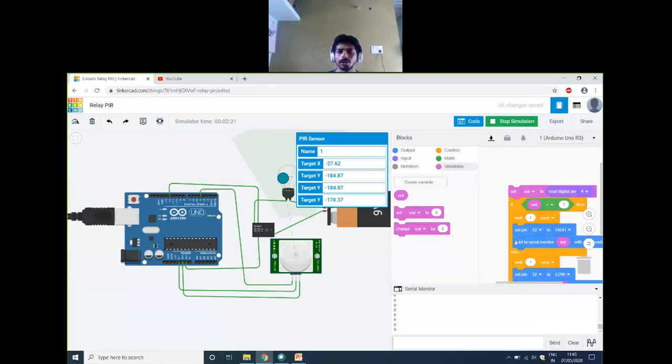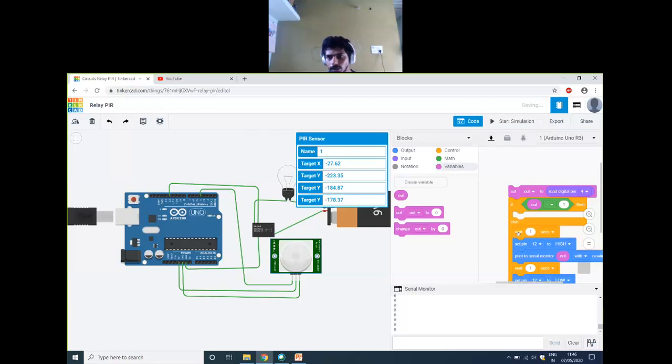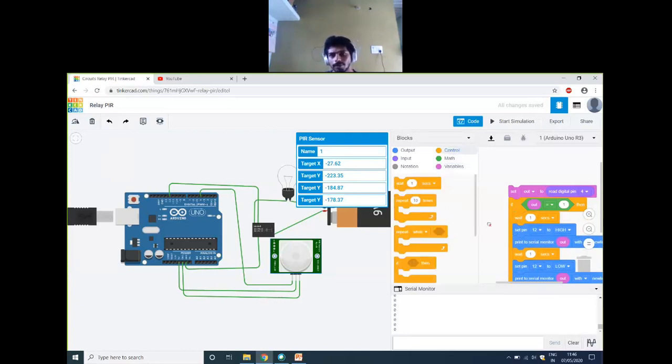In that case, you can use this PIR with a wait condition. This wait condition can be placed after setting the pin. Once you place the wait condition after the pin, the pin remains on for 5-10 seconds. I can change it to 5 seconds.